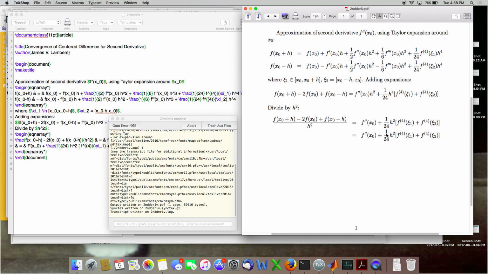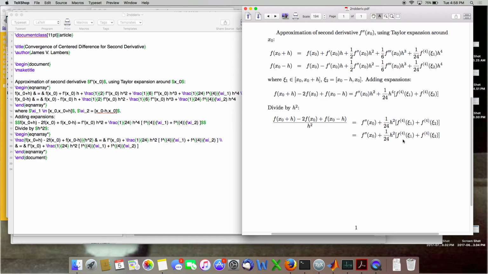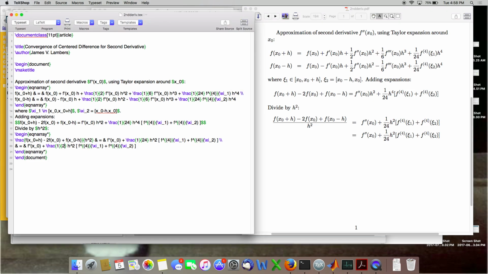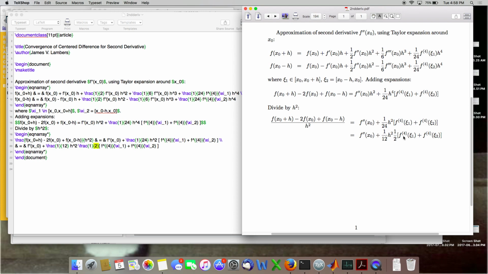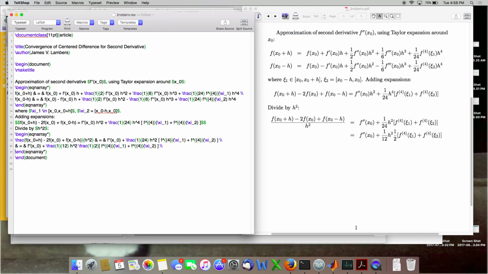Okay, so now I want to mess with this. I'm going to divide up the 1/24 factor. So it'll be 1/12, and then I'm going to put a 1/2 over with these terms here. And the reason for that is what I have here is the average of these two values of a fourth derivative at these unknown points xc1 and xc2. And what I can do is replace that, instead of the average of two function values, with a single function value.